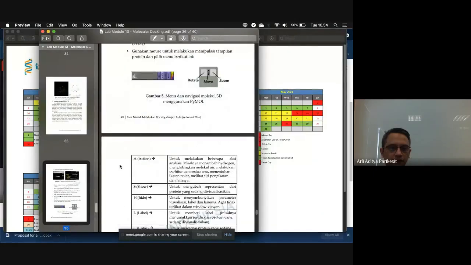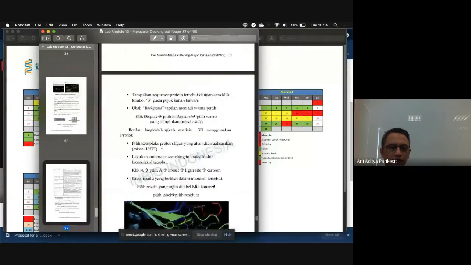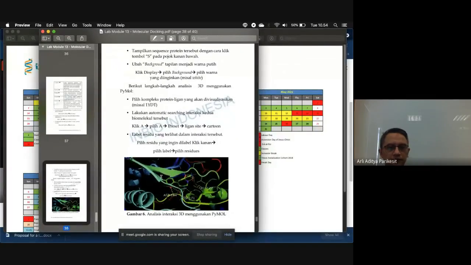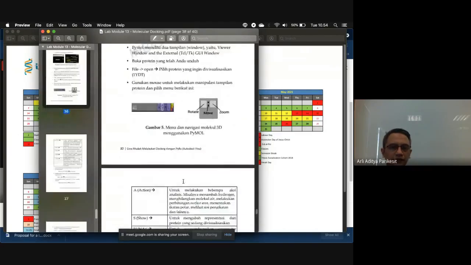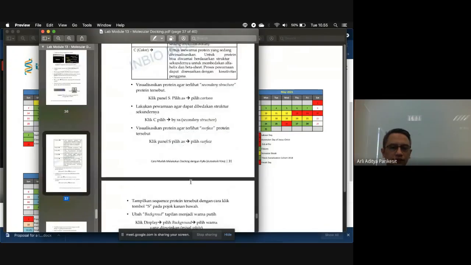Basically this part is just a tutorial on using PyMol. You can see the three-dimensional depiction of the chemical interaction by using PyMol.